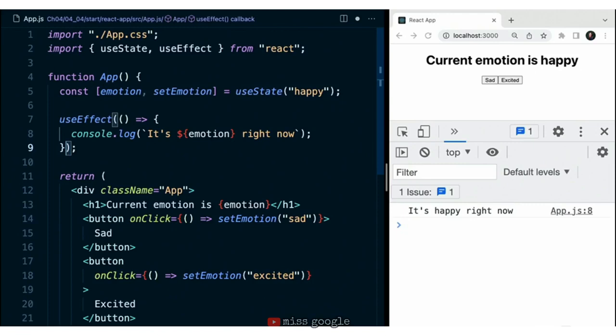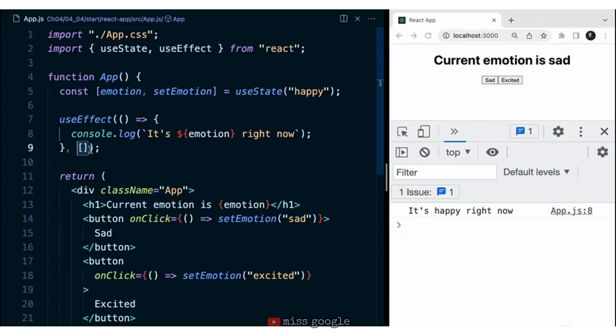The first is this function that's going to be called whenever we want our effect to happen, but the second has to do with when the effect is actually being called. We're going to pass into this an empty array. If you pass in an empty array, this means that the effect is not going to be called again after the first render. So it's only going to be called once as soon as the component renders, but not as we change this emotion. We call this array the dependency array because we can use it to define when this